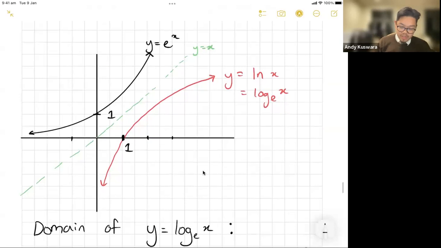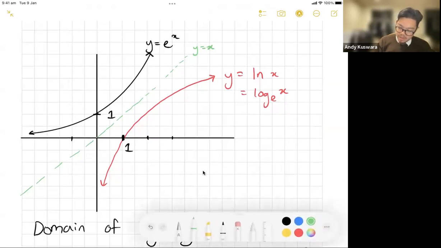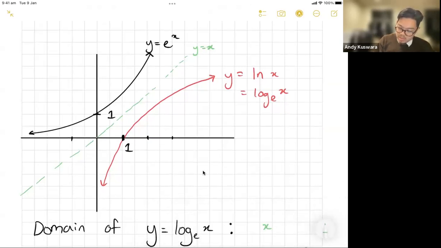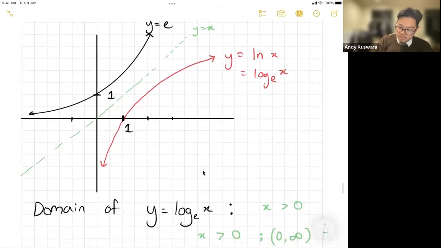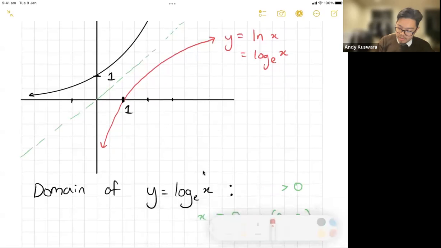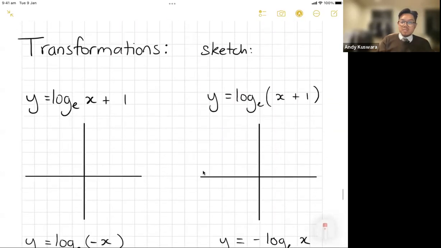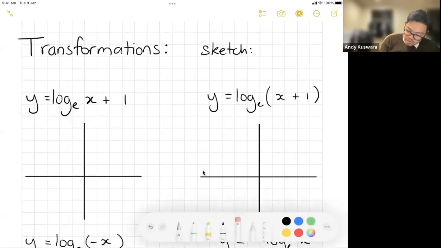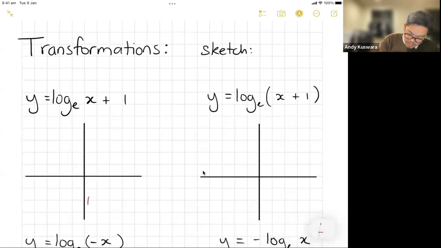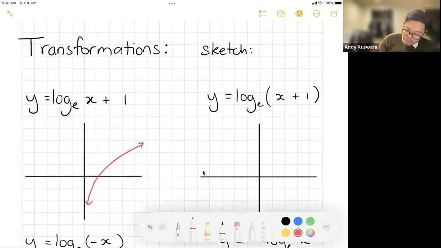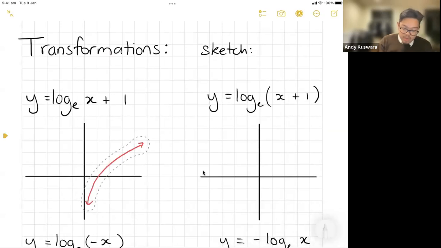A couple of things to note here. If we're talking about the domain of a log, x must be greater than 0. I already wrote that. Look at that, prepared. So now let's talk transformations. Because I've got the magic of the iPad, here's what I'm going to do. I'm going to draw what a log would normally look like,